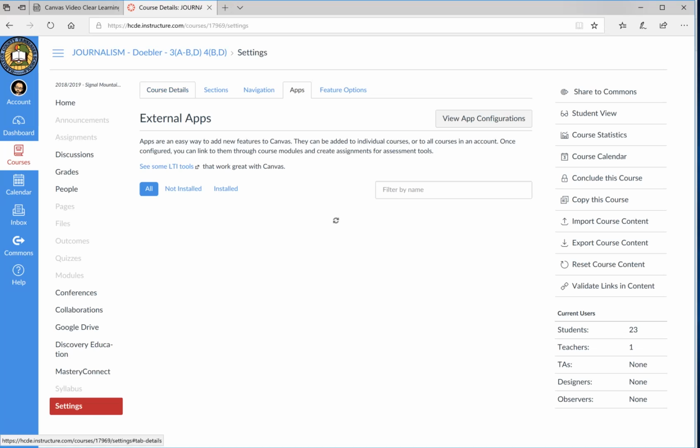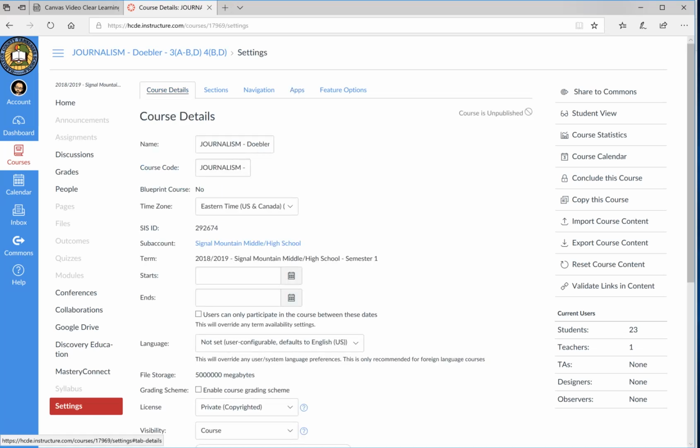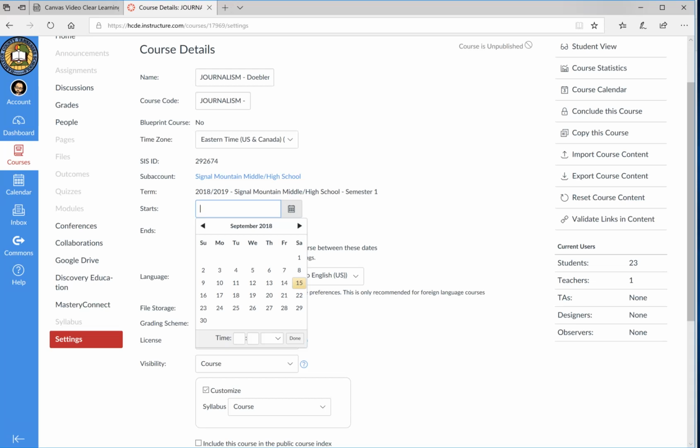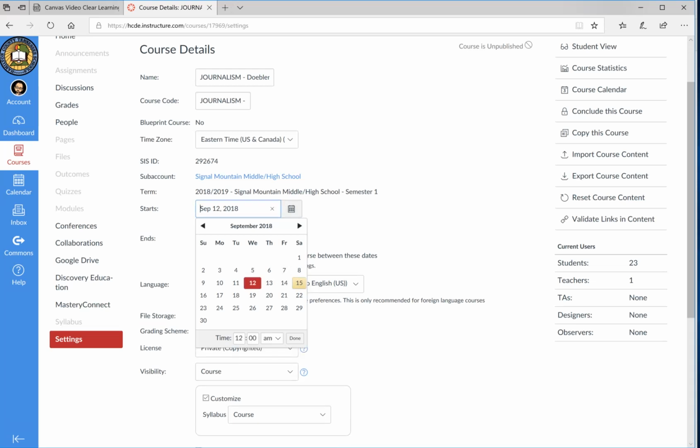And actually what it should open up to are the course details. All right, so there's a couple important things that you need to go ahead and put in here, and that would be the start date and the end date for the course. So the start date for the course is going to be any date before you actually want students to have